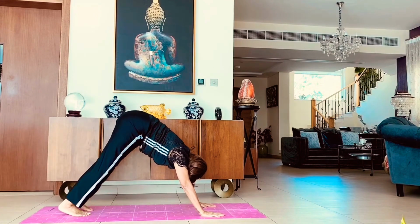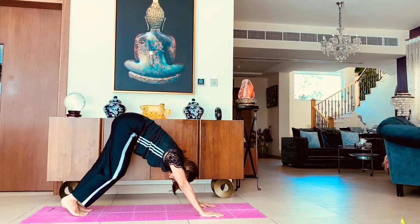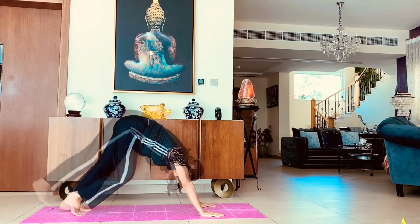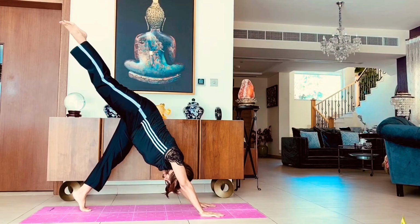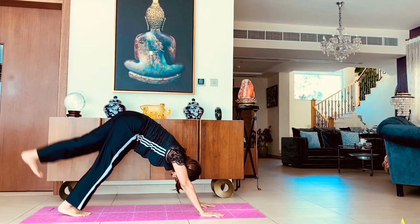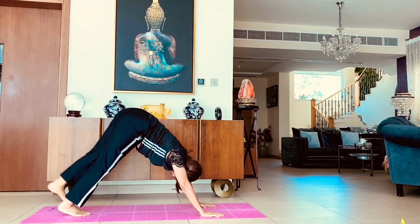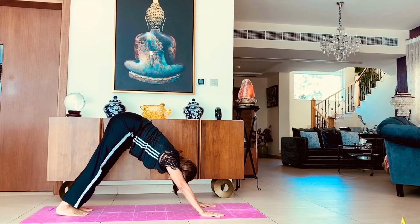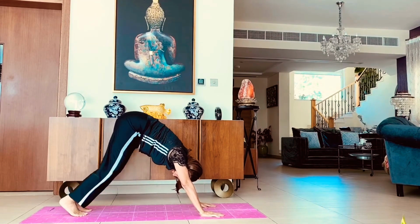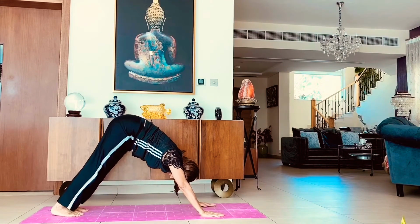Once again in the downward facing dog pose, walk your legs a little bit so that your heels go right down each time. Where you'll take one leg up and down, the other leg up and bring it down. Once again in the downward facing dog pose, walk your legs a little bit so that your heels go right down each time. From here we will go into a plank